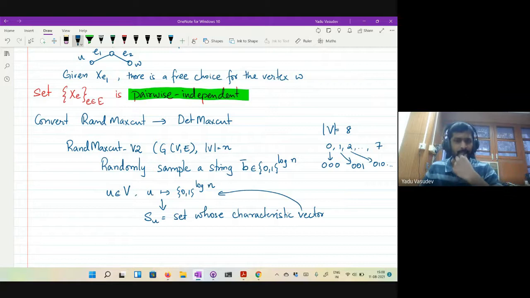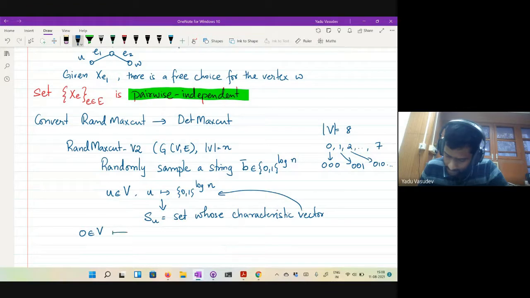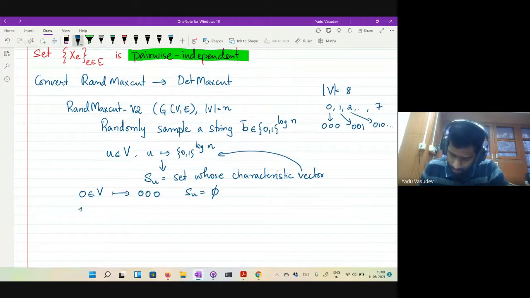What does that mean? If I take the vertex 0, it is represented by the string 0, 0, 0, and S sub U is the empty set. Similarly, 1 is represented by the string 0, 0, 1, and S sub U is the set 3.